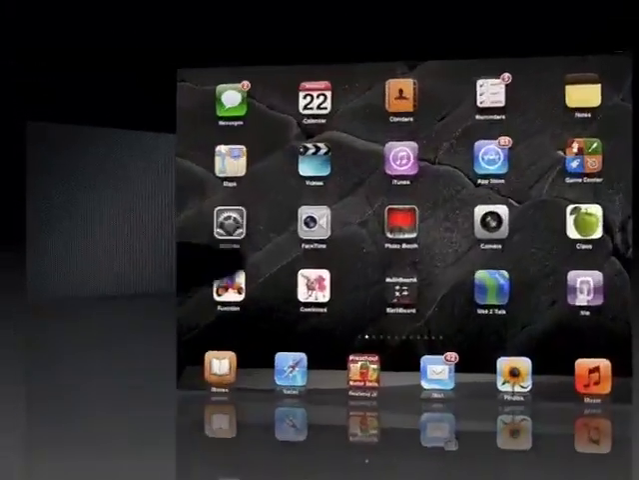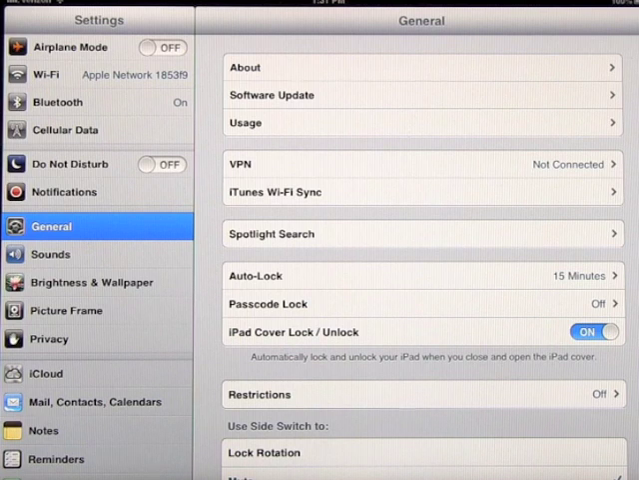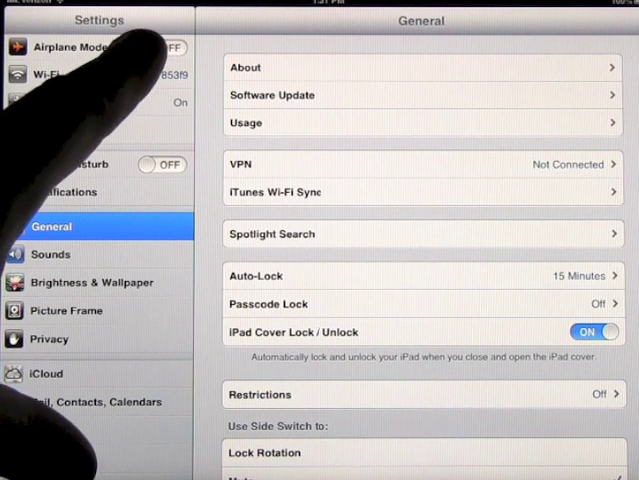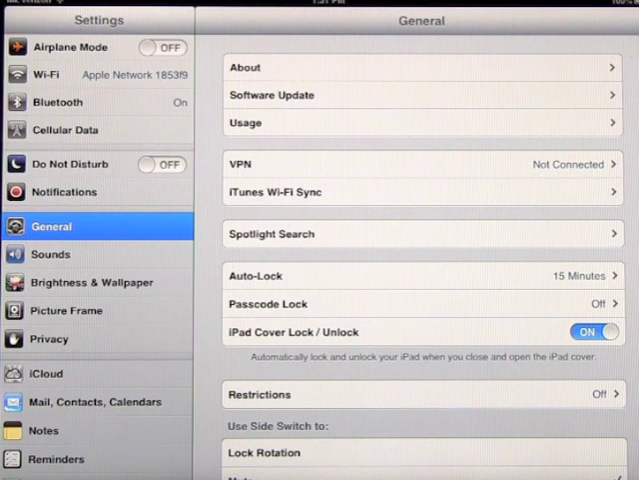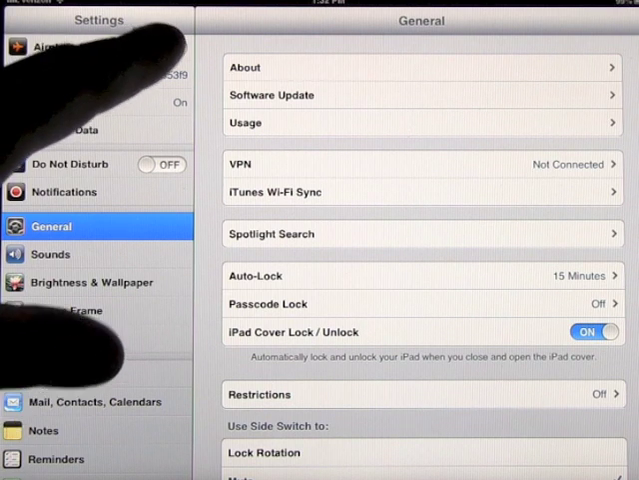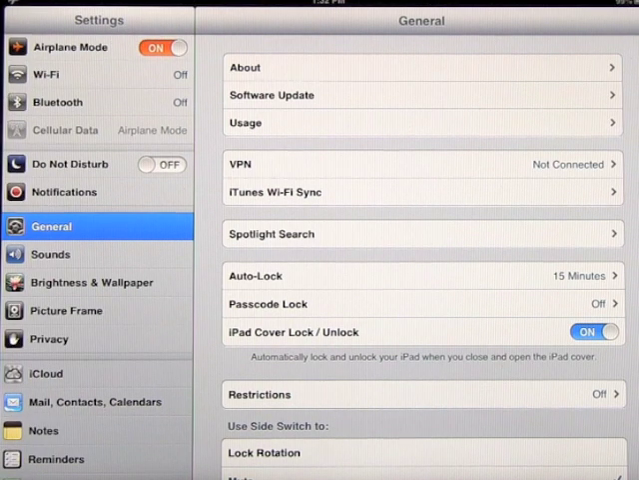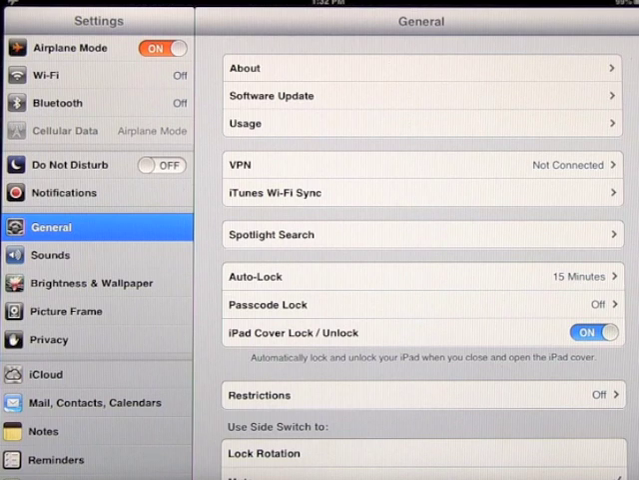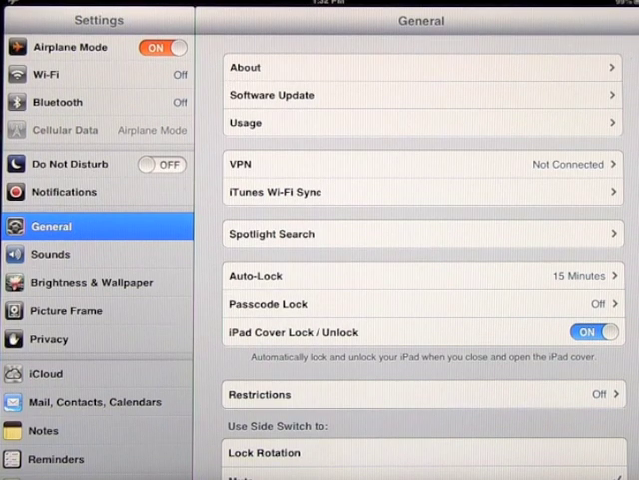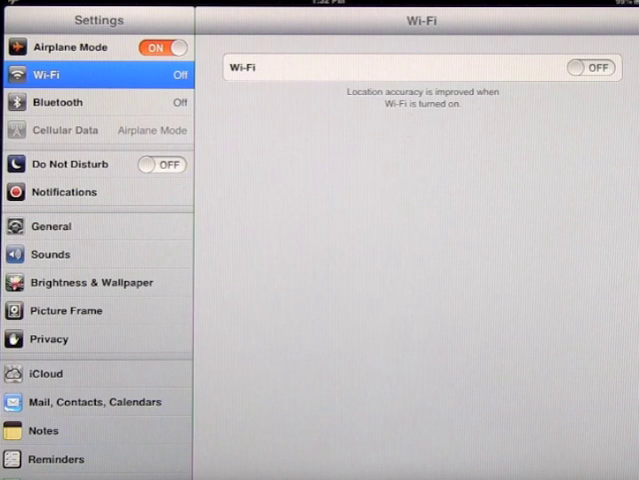Okay, we're going to go into General Settings and we're going to have a look at Airplane Mode. At the top left of the screen you'll see Airplane Mode up here. Basically what that means is that if you put it on by touching like this, it will turn off your cellular data. So if you're somewhere like Starbucks or a bookstore and you don't want to use your cellular data plan, you can turn the Airplane Mode on and then simply make sure that Wi-Fi